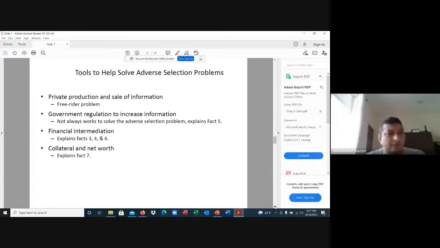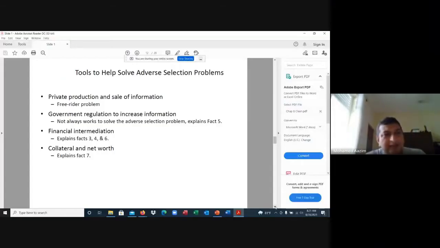You can go back to fact 7 and see what it is, and try to see whether collateral and net worth explain it and solve the concern with respect to fact 7 that we highlighted. That's how you try to interpret it here, right? Similarly,